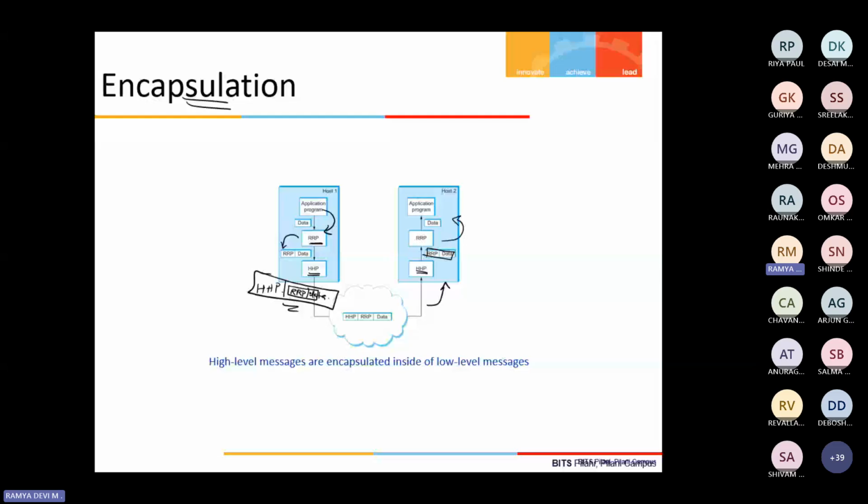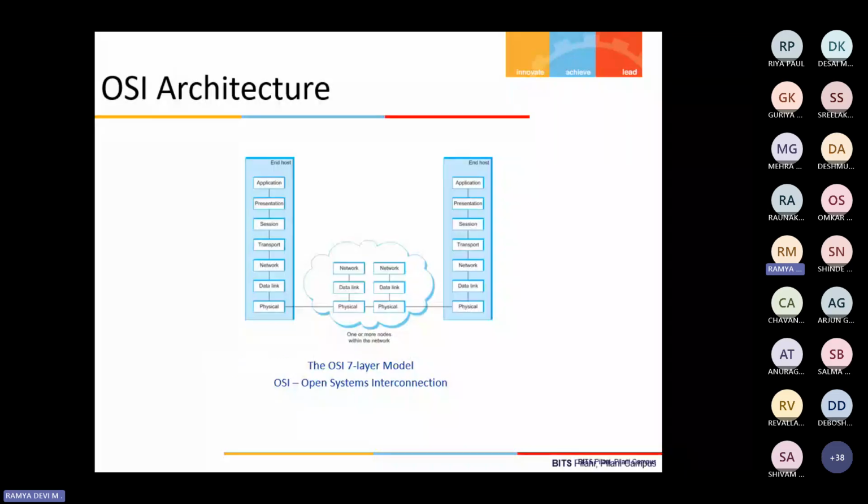Okay, so these two are required in order to provide certain functionalities. We'll be seeing everything in detail. Fine. Next, we'll see OSI architecture. What do you mean by OSI? Open System Interconnect, right? It was developed by ISO, the International Organization for Standardization. So the OSI model,